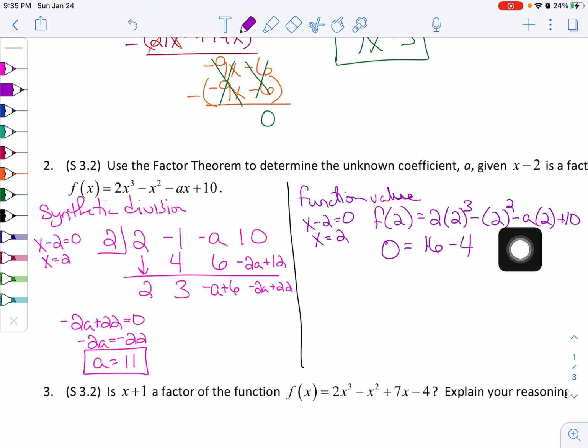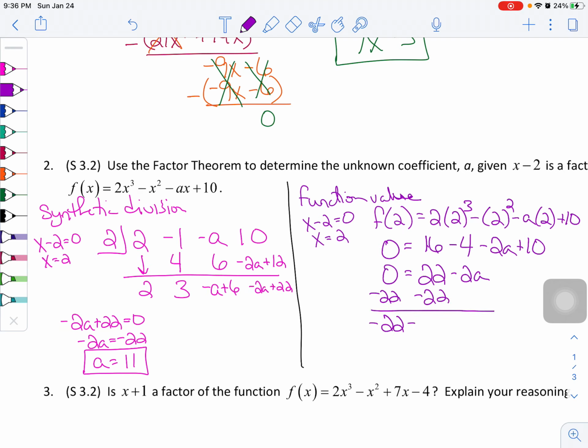I'm going to rewrite this in an order I prefer with the number first. So negative 2a plus 10. I'm just going to leave as plus 10. I'm going to combine a few like terms here. So 16 minus 4 is 12. 12 plus 10 is 22. So 22 minus 2a. Solve for a. I'm going to subtract 22 from both sides. So negative 22 equals negative 2a, divide by negative 2, and a is equal to 11,